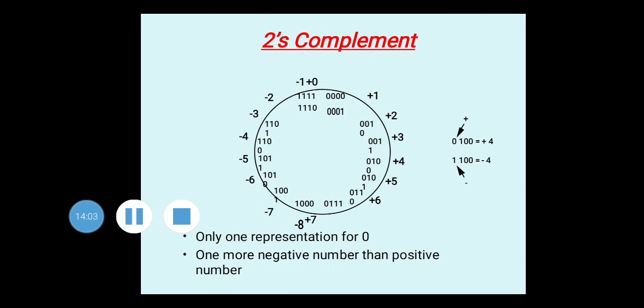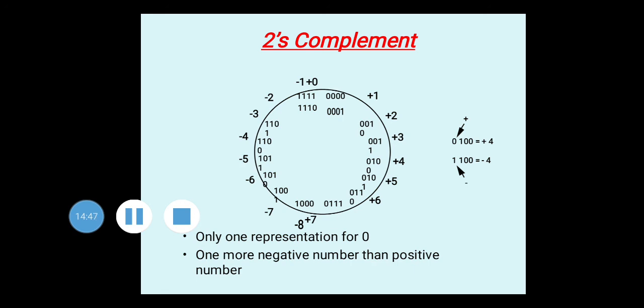So this is the twos complement chart. You have to check out this chart. You have to find out the values. +1, +2, +3, +4, +5, all binary numbers are written here, and their twos complement forms are also here. You have to verify using the rule which I have taught. Convert into ones complement form and then add binary 1 to it, and the answer should be the same as shown here.